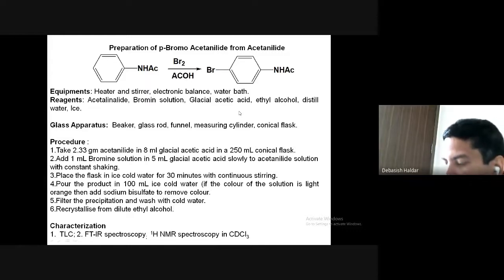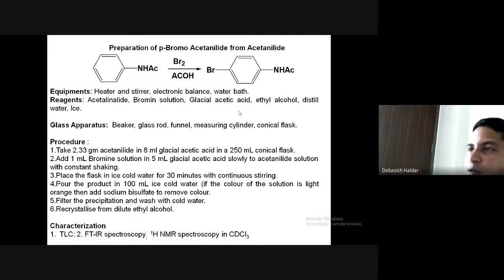The reaction we are learning here is the halogenation reaction. This is one of the oldest reactions in organic chemistry, but very efficient to make meaningful and useful derivatives of organic compounds. The reaction is very simple, but some caution has to be taken because today we are handling bromine. Bromine is very corrosive and very bad for our skin. Even if you put a drop of bromine on your palm, it will pass through your palm. It is so dangerous.